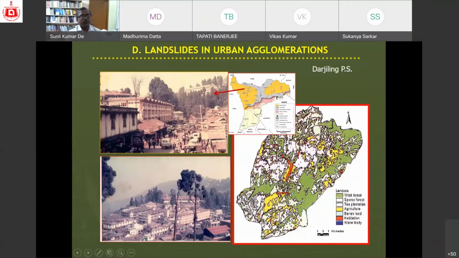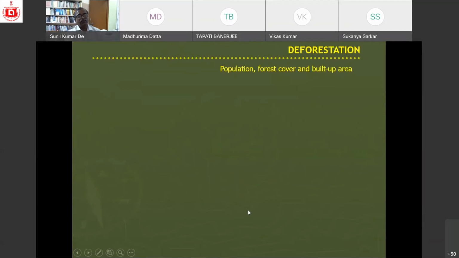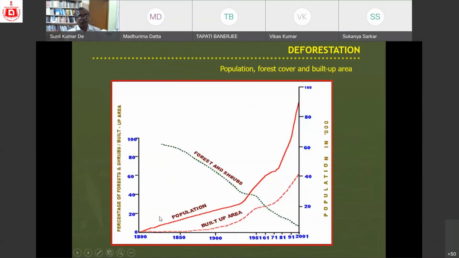And see the density of buildings in Darjeeling Himalaya. Now the vegetation cover is almost lost in Darjeeling town. I will show this diagram. It's an old diagram from Professor Basu, showing that the population has been increasing here since 1800, and the built-up area is also increasing. To increase this built-up area, you need to remove the forest cover, and this is just a symbol of deforestation in Darjeeling Himalaya. Nowadays, if you go to Darjeeling town, apart from Mahakal Pahad and some hillside areas, you will hardly find any vegetation cover.